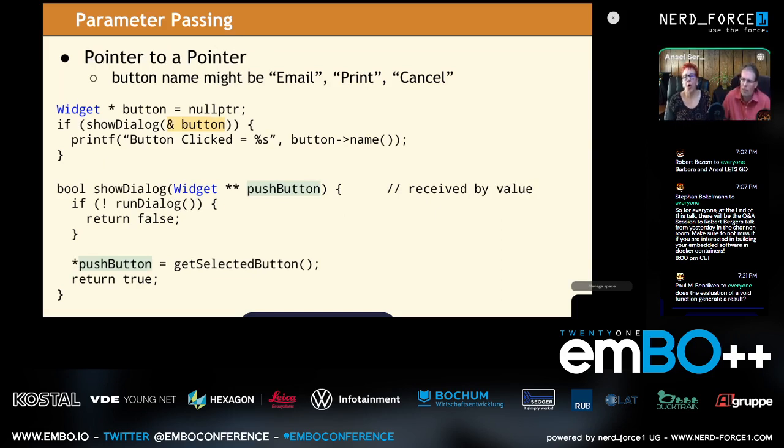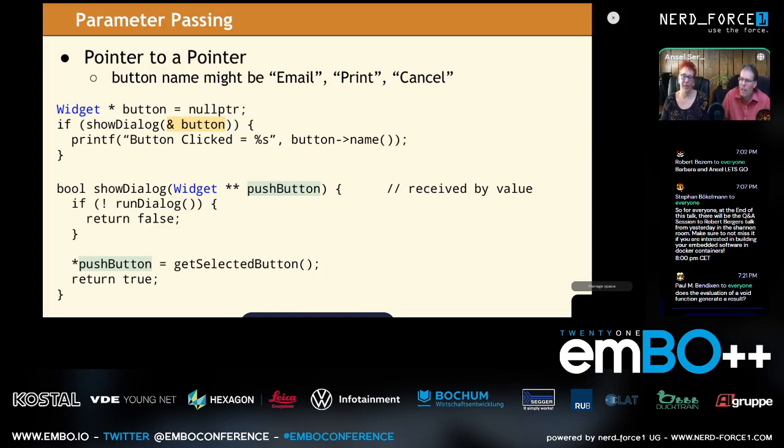In this example now, we're changing this to a pointer to a pointer. So if you look on the line on show dialog, this is receiving by value. What gets confusing about this is you see two stars. You don't see an ampersand. So you might think, well, is this passed by value or passed by reference, or received by value, received by reference? But the question is, what is it we're sending and what is it we're receiving? That's the whole point of this conversation, to correlate the two so you can reason about your code. So in this show dialog, we are taking the address of button, and then the two stars indicate it's received by value.